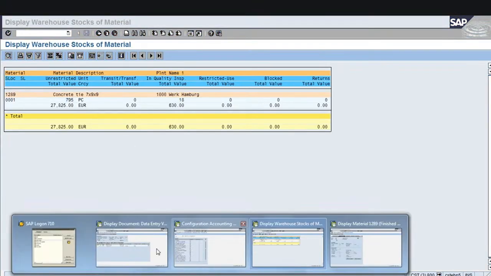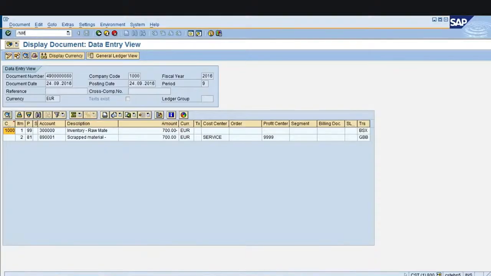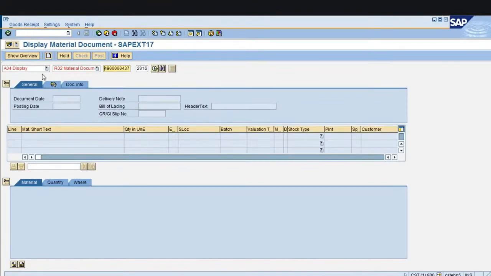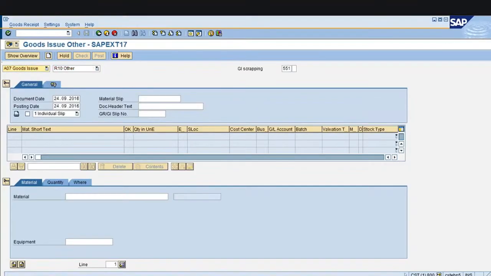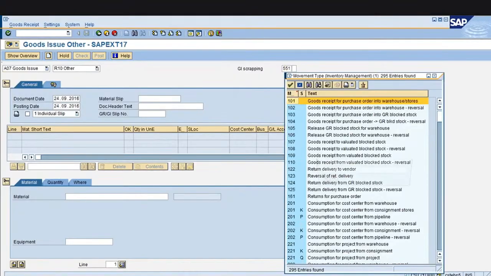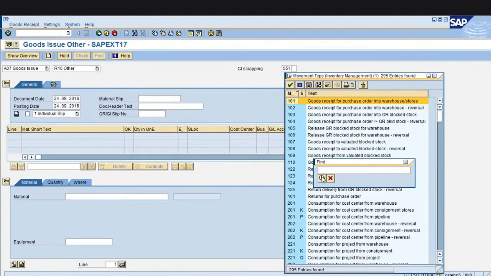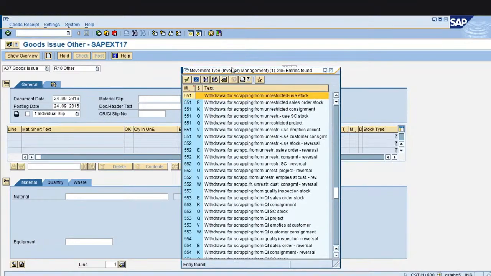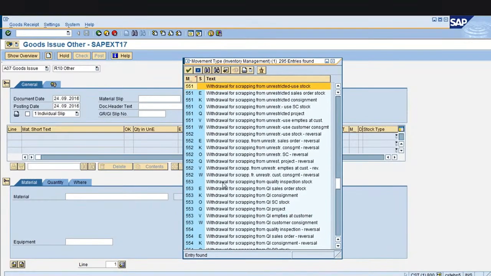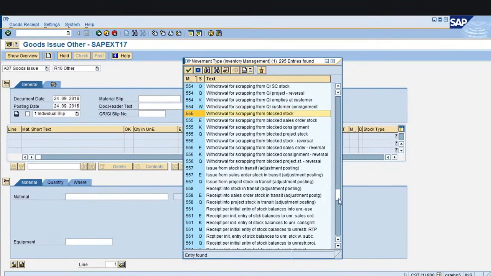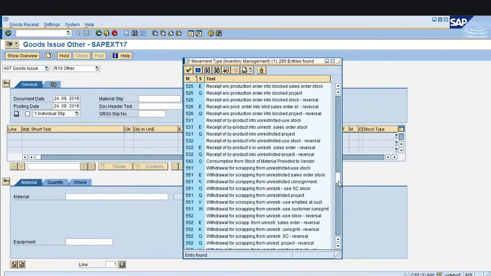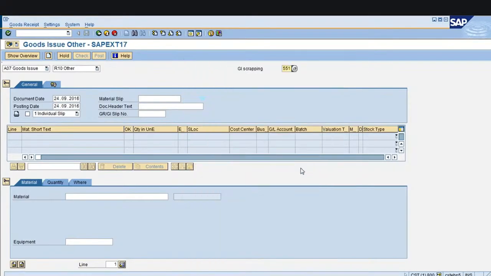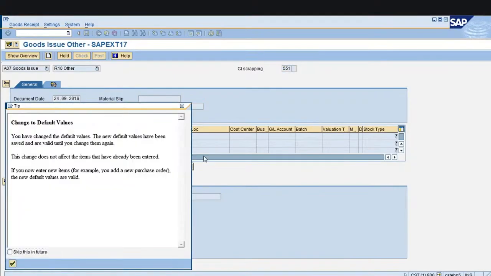Now I am going to create MIGO and goods issue. We'll use other, and if you see the goods issue for scrapping, the movement types: Q 551, withdrawal for scrapping from unrestricted use stock; if you want to do it from quality, 553; and if you want to do it from blocked, it is 555. Any of them we can do. Now today we are going to do with 551, which is from unrestricted use stock,